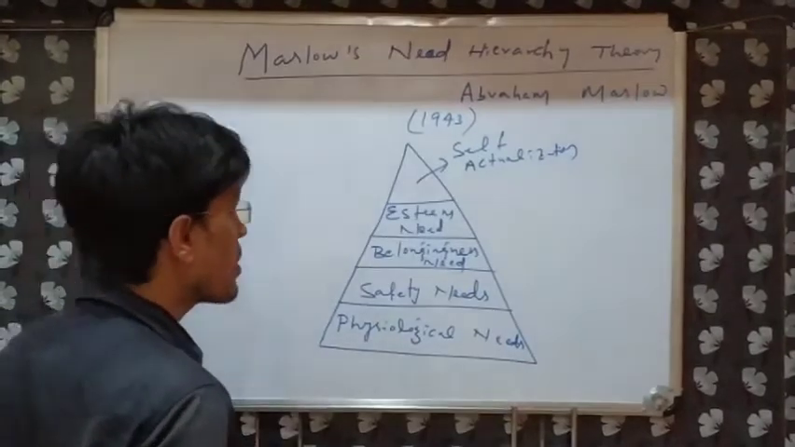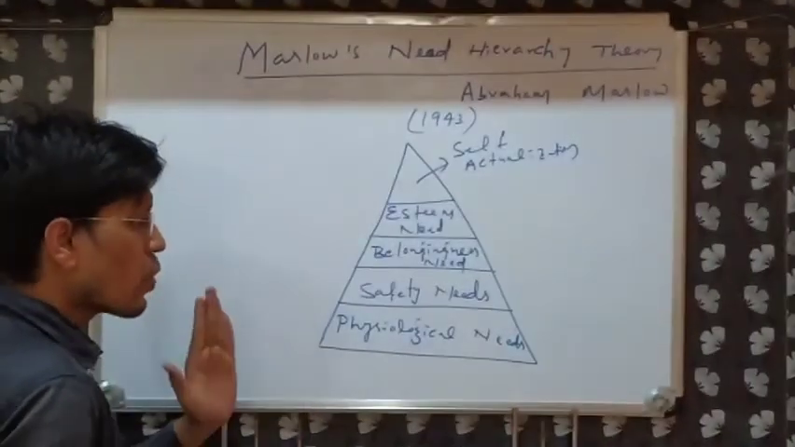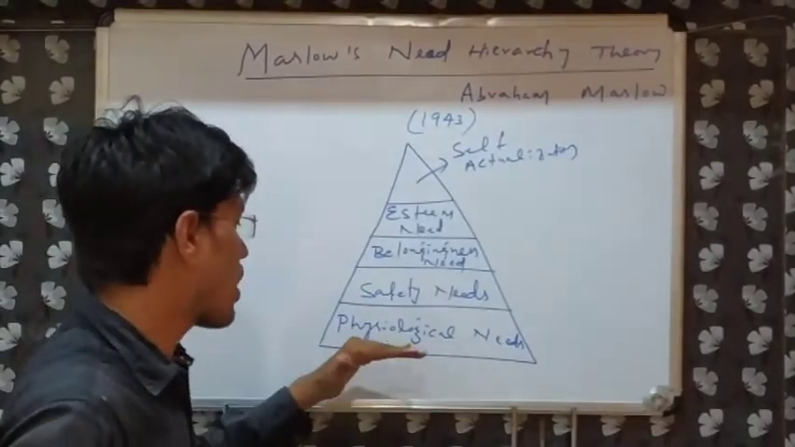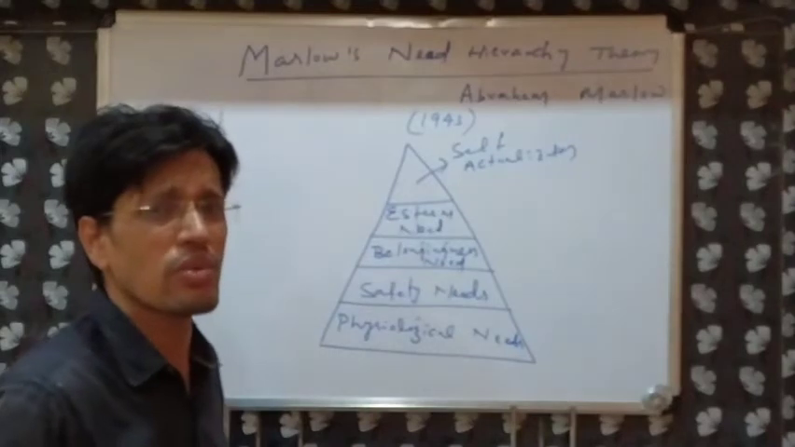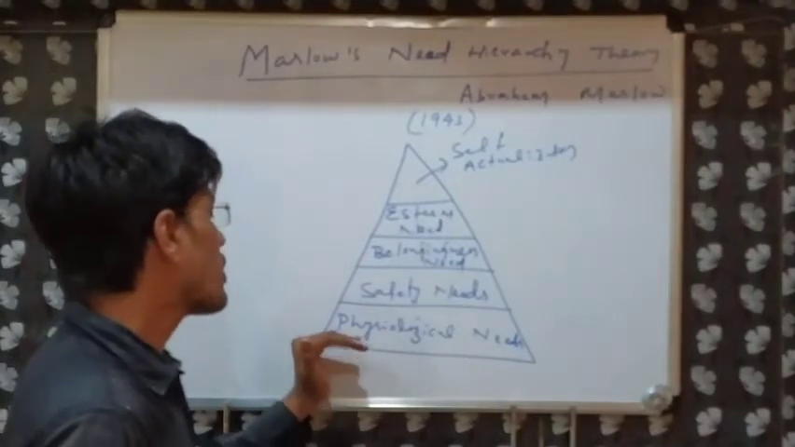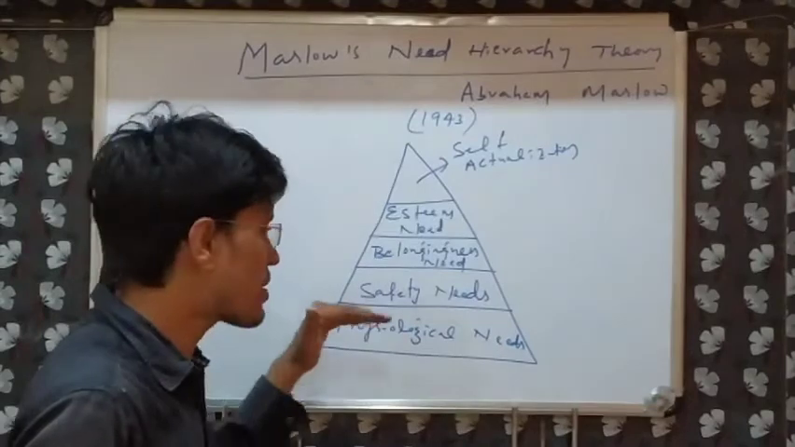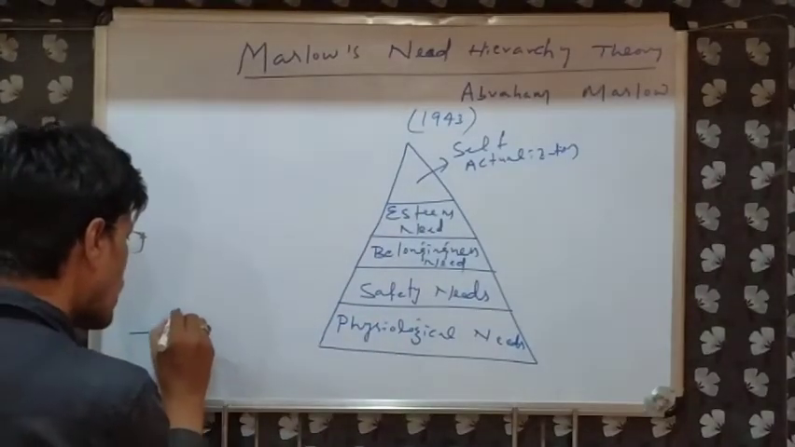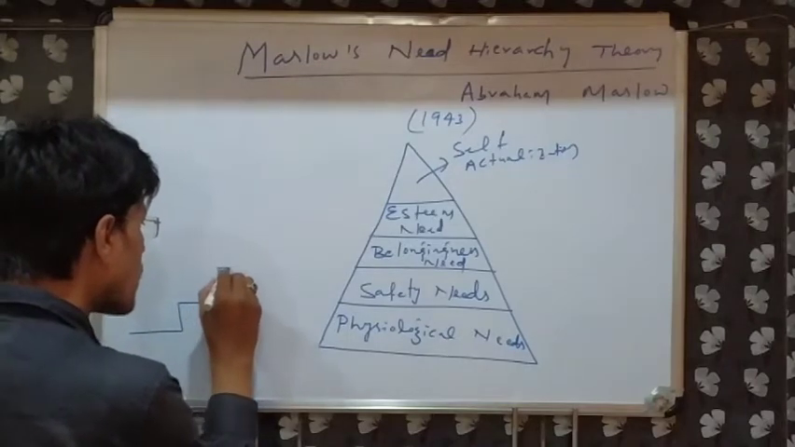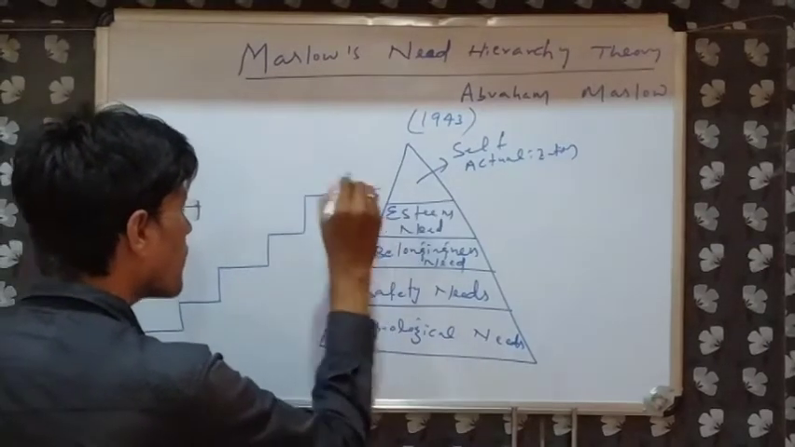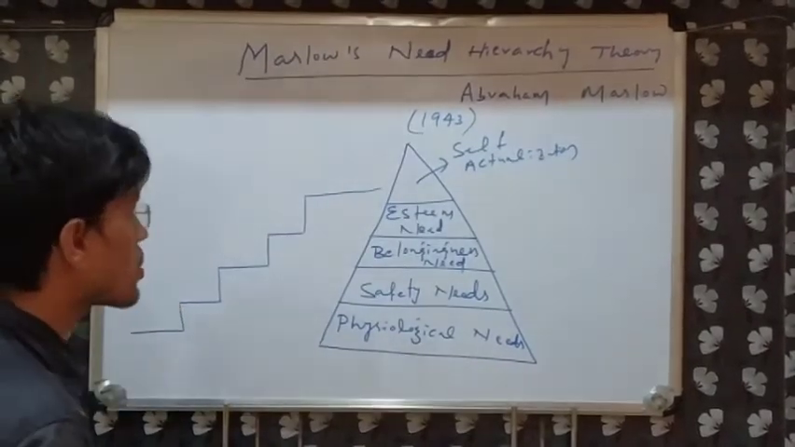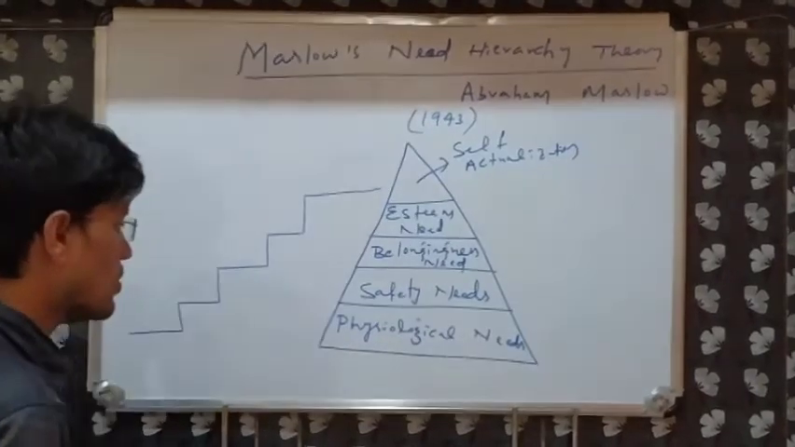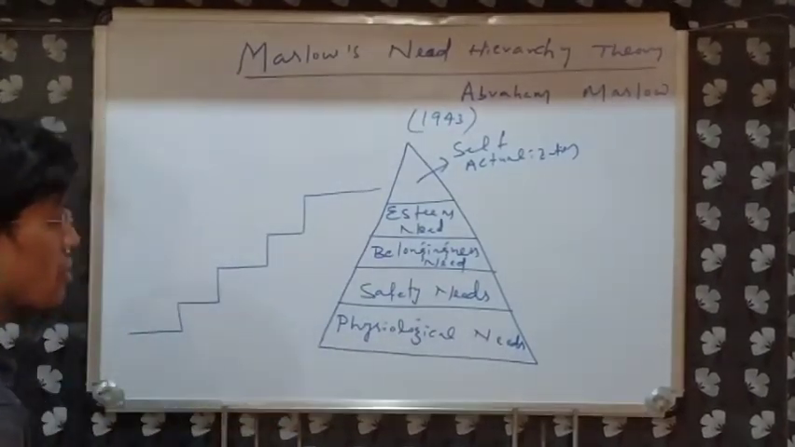I will explain this particular pyramid with the help of certain priorities, how Professor Maslow tries to explain how different needs could be prioritized level by level. For that reason, I will make one level form, so that you could understand well. So what Professor Maslow says